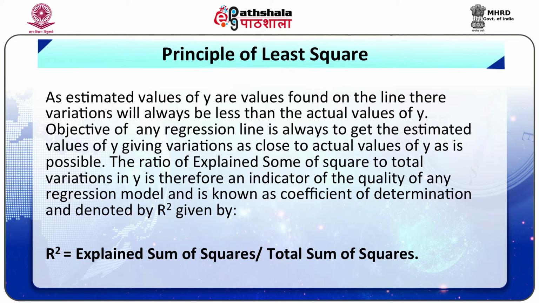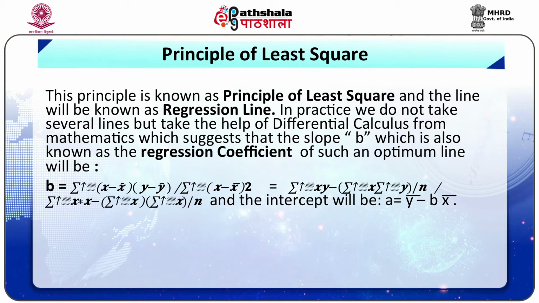If we draw different lines, we will get different values of the sum of the squares of residuals, one with every line. Ideally, we will choose the optimal line, which gives the minimum value of the sum of the squares of residuals. This principle is known as the principle of least squares, and the line is known as the regression line. In practice, we do not take several lines, but take the help of differential calculus from mathematics, which